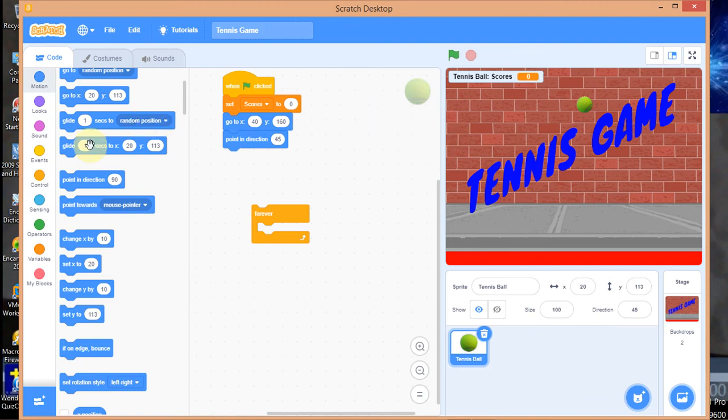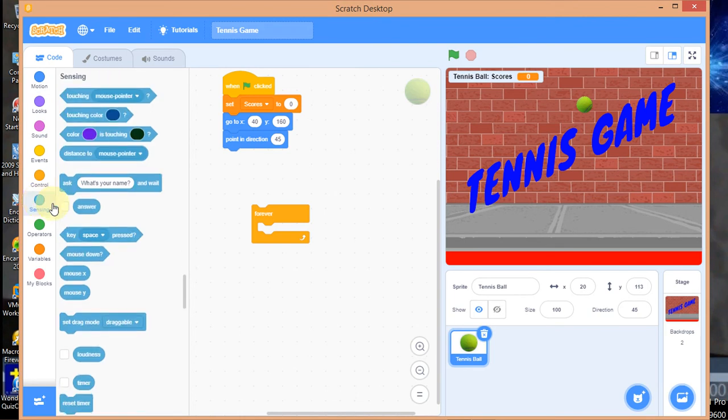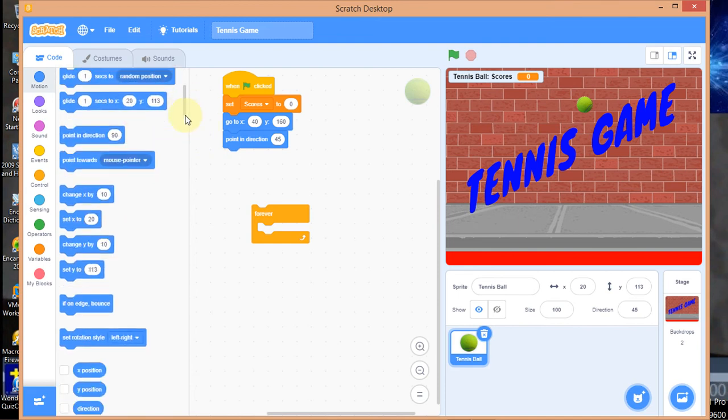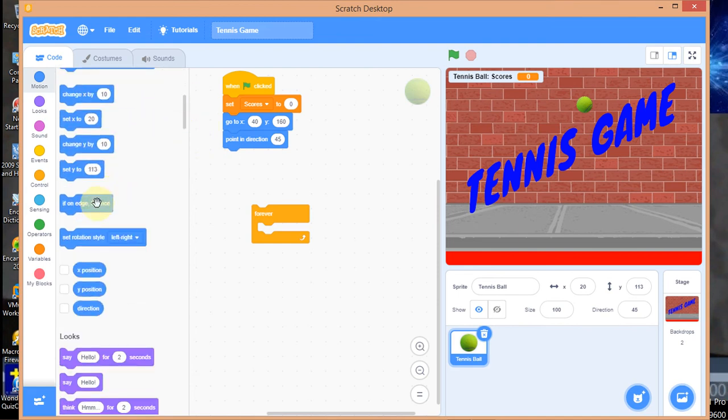Sensing is where I would still come. So I need to scroll down. Yeah, guys, if on edge bounce. Okay, that's a good one first.